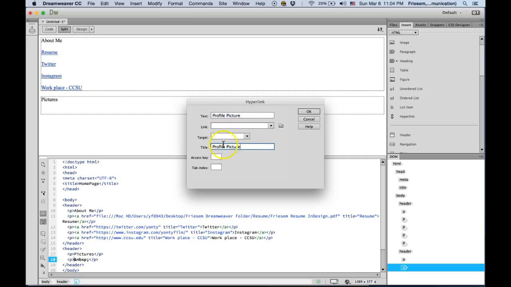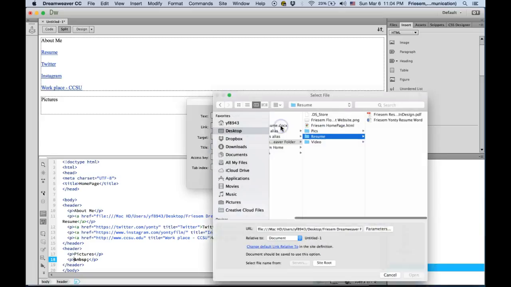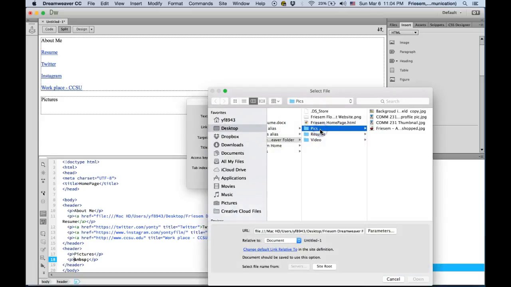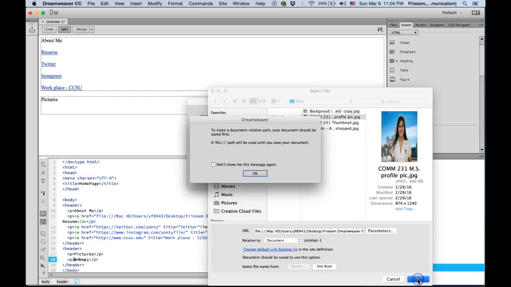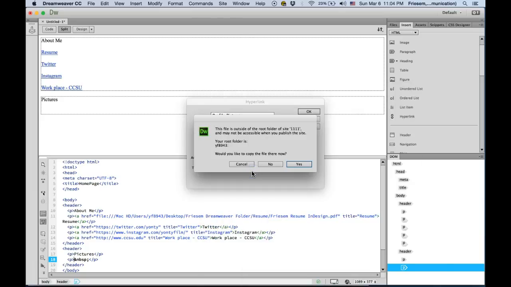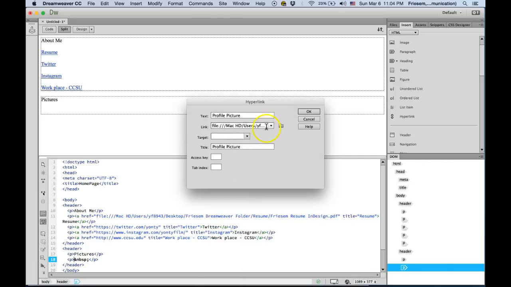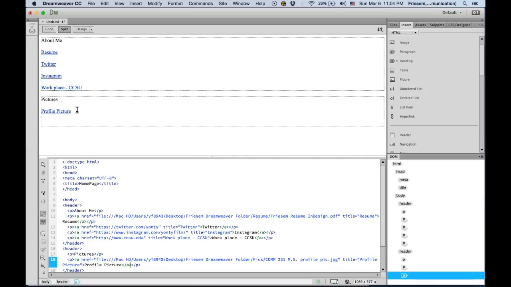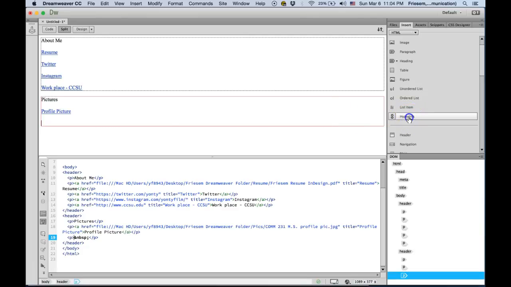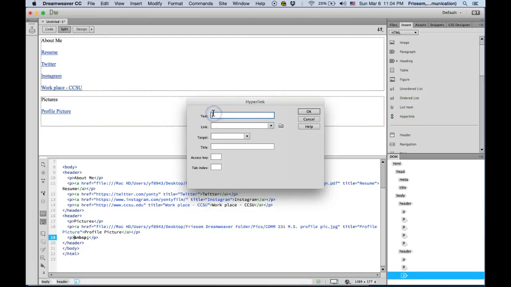Again, I'm copy pasting, and then here I'm clicking on the folder, and I'm going to pick, and I'm finding the profile picture, not the thumbnail, but actually the profile picture, and I'm opening it, and I'm clicking OK. Here we have it, and then again enter or return, hyperlink, and then I have the